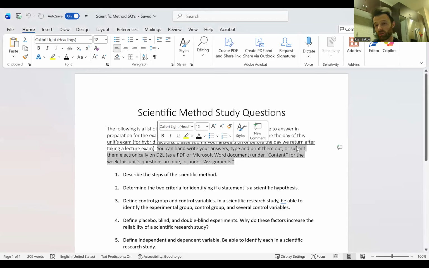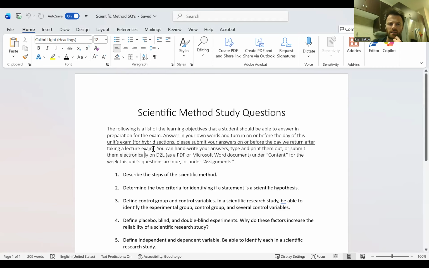The due dates are on the schedule for study questions. They're always due on an exam day, or I'm sorry, for this class, we don't take exams in person. There's two at the end that we do, two exams that we take in person. I'll mention that soon, but essentially, during that week when you have an exam that you have to complete by the next time we meet, the study questions will be due as well. And that's all in the schedule under the assignments due column. And it says that here as well.